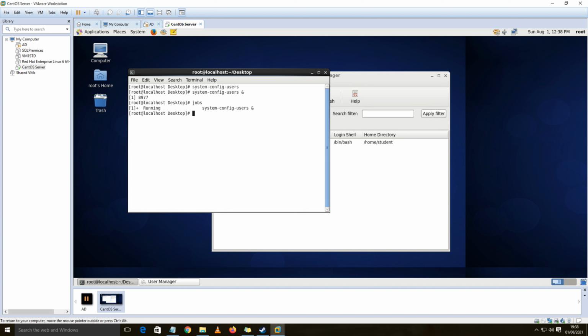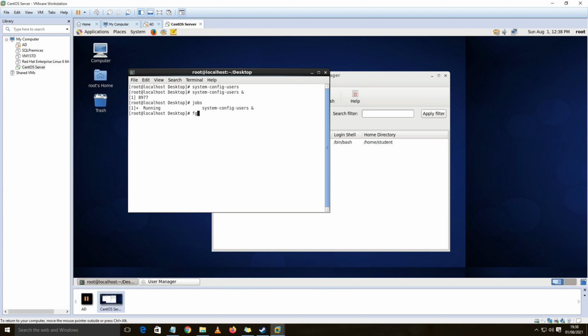The next command which we are going to see is called jobs. If I write the command jobs, you will find that the user manager job is running in the background, and it is given that the number of the job is job 1. Now suppose I want this particular job to be running in the foreground, that is, I want the user manager to be again in the busy state in the terminal.